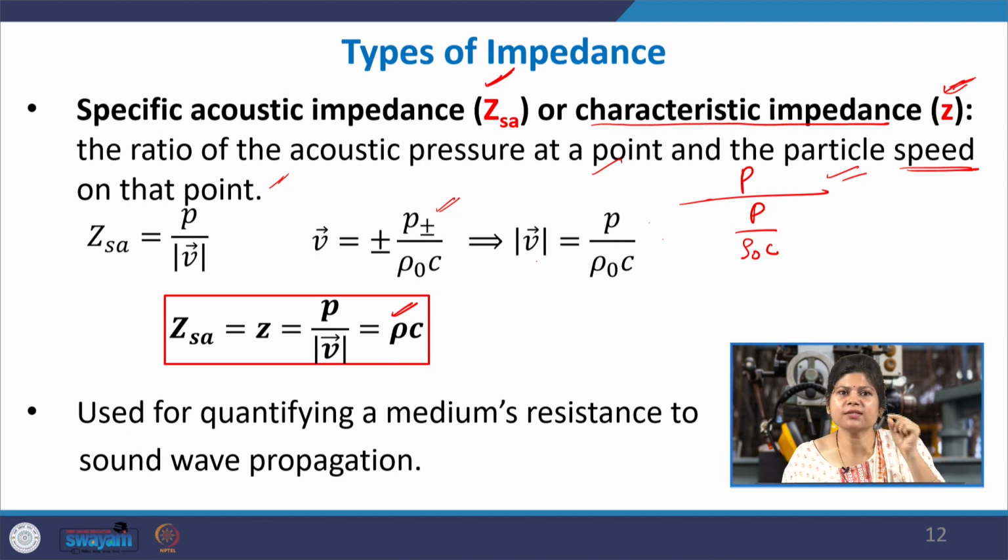So, this means that this is for any point in space, and it is usually used to characterize a medium. Let us say we just want to compare the medium air and the medium water to find out which is better for sound wave propagation. Here there is no structure in mind, no cylindrical tube of air or cylindrical tube of water, or this much area of water or air, just the medium in general. Then we can use this term to quantify the medium's resistance to the sound wave propagation.